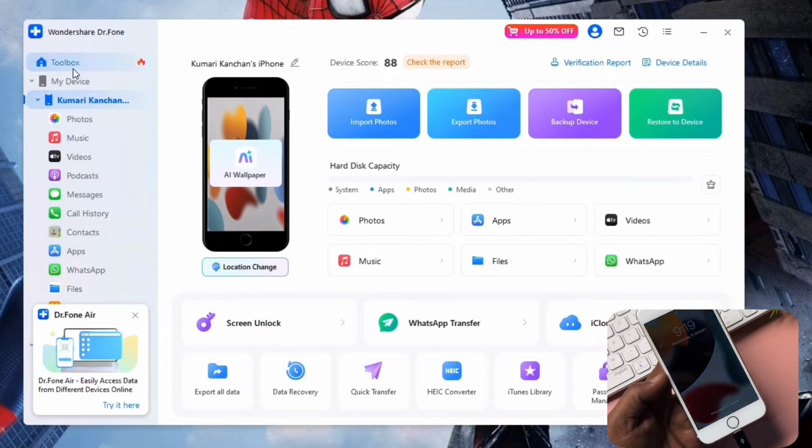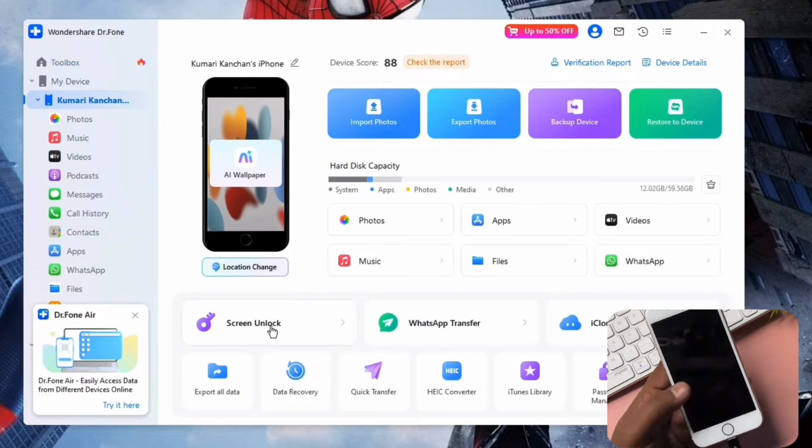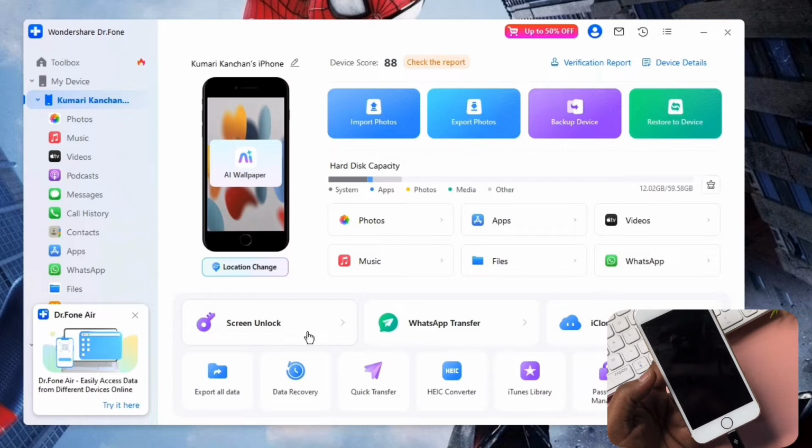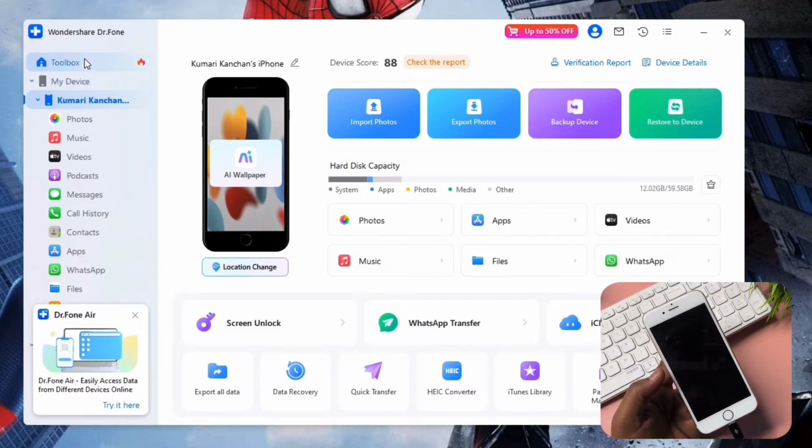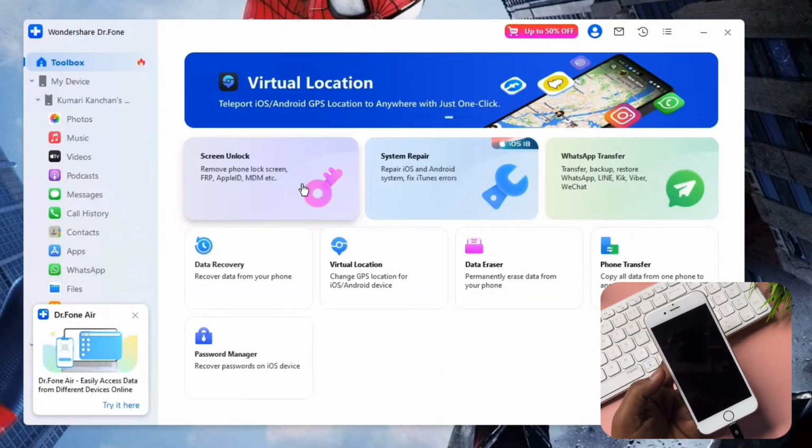Okay, after that you have to go to the first option, toolbox, and there are lots of options here. You can use screen unlock to unlock your iPhone model, WhatsApp transfer, iCloud manager, export all data, data recovery, quick transfer, HEIC converter, iTunes library, password manager, and toolbox. So I'm going to select the first option, toolbox, and here you can see there are also given